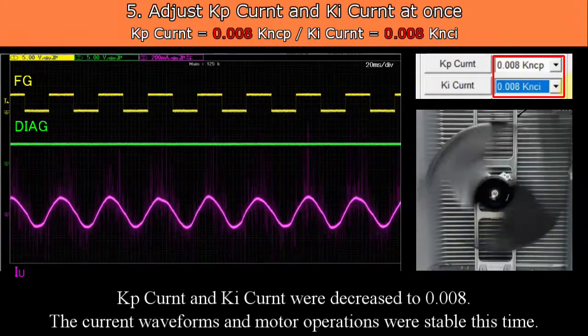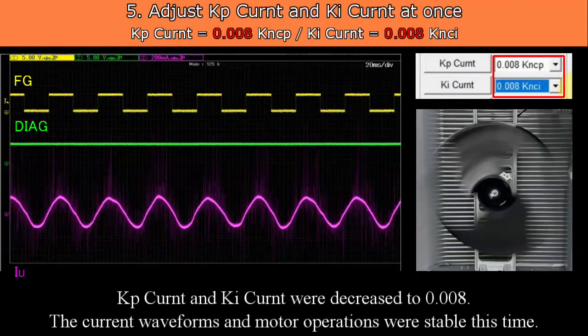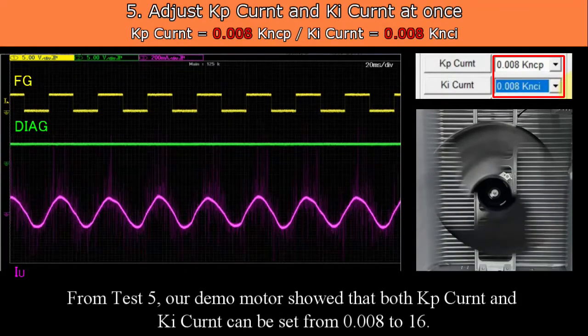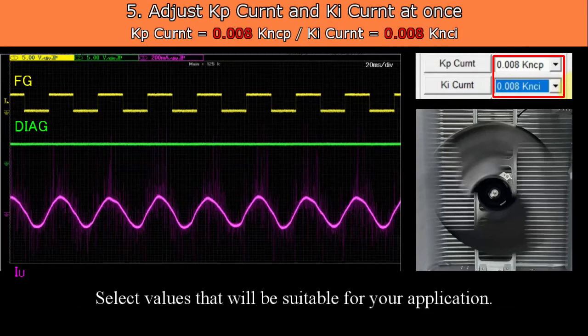The current waveforms and motor operations were stable this time. From test 5, our demo motor showed that both Kp current and Ki current can be set from 0.008 to 16. Select values that will be